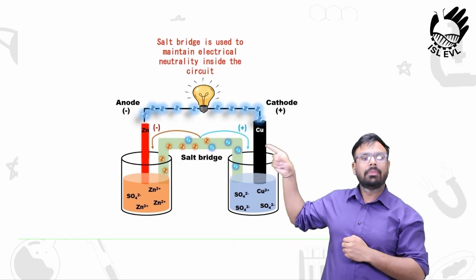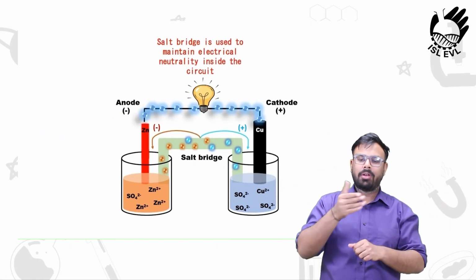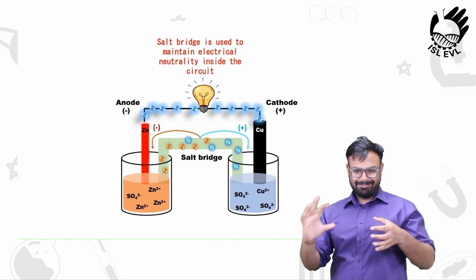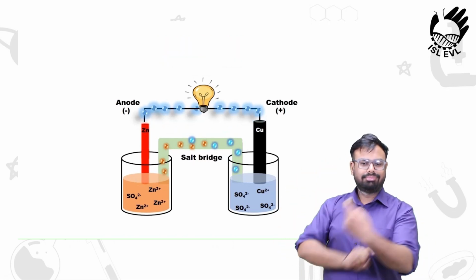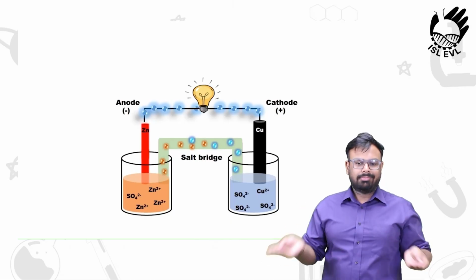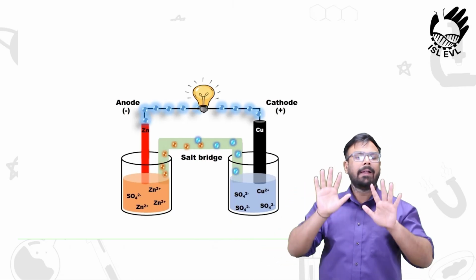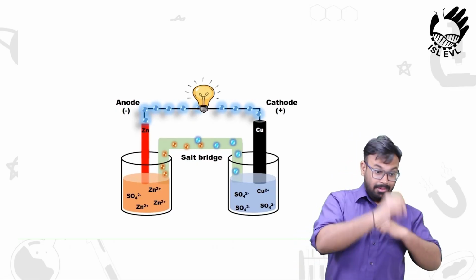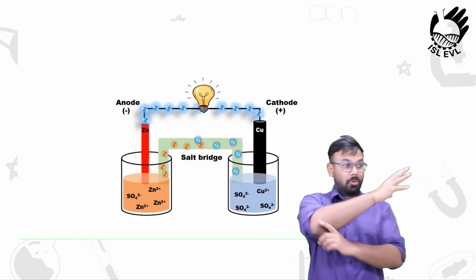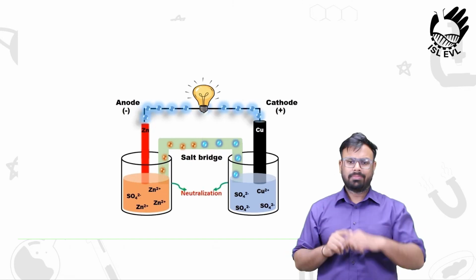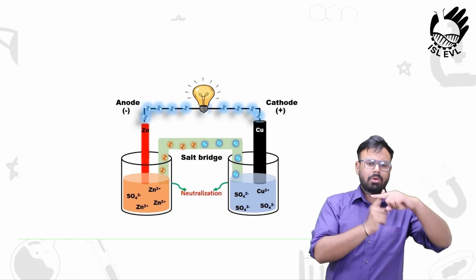The main component in the electrochemical cell is a salt bridge. It is used to connect the oxidation and reduction half cells of the galvanic cell. Generally, a salt bridge is composed of strong electrolytes like potassium chloride, which consist of positive and negative ions. It is used to maintain the electrical neutrality of anodic and cathodic compartment, and this is the overall cell reaction